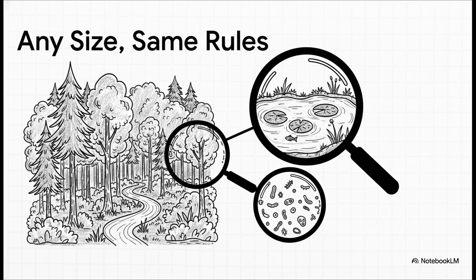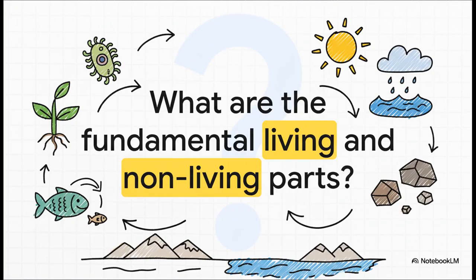And what's so incredible is just the sheer scale of it all. An ecosystem isn't just something massive like the Amazon rainforest. It could be a desert, a river, a single small pond. Heck, it can even be that puddle in the garden we talked about. They all operate on the same basic rules. So let's break that down just a little bit more.